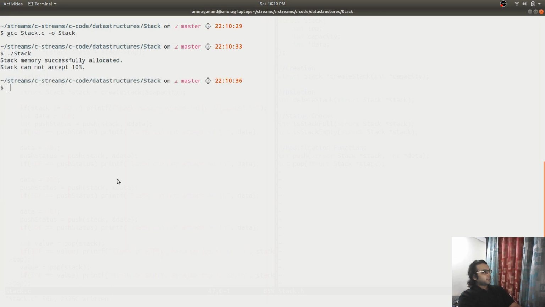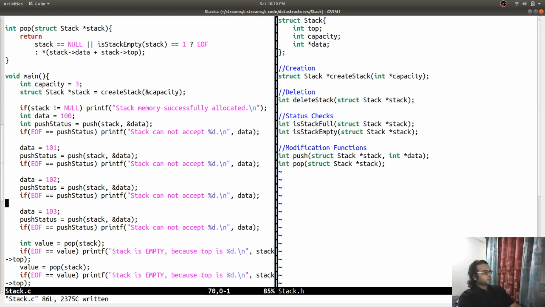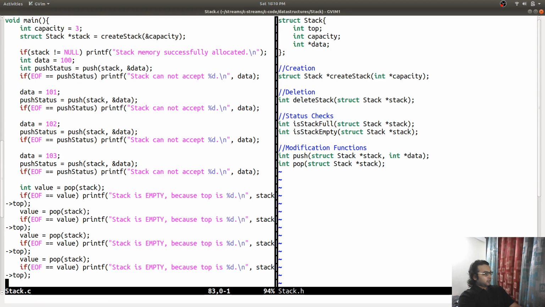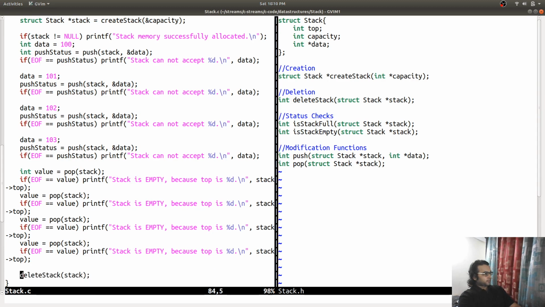Stack cannot accept 103, so this value cannot be pushed. But what happened here, if the value coming from pop stack is not end of file, why not?